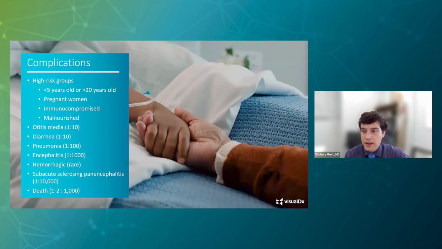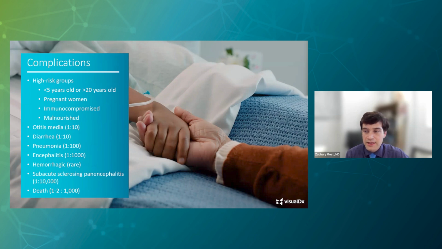Higher risk groups for complication include young children and infants less than 5 years old, and people older than 20 years old. And at the extremes of age, the risk gets higher. Pregnant women, with complications both to themselves and to the developing fetus. People who are immunocompromised, and people who are malnourished, especially those who have vitamin A